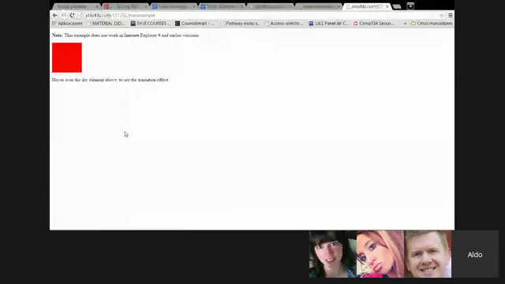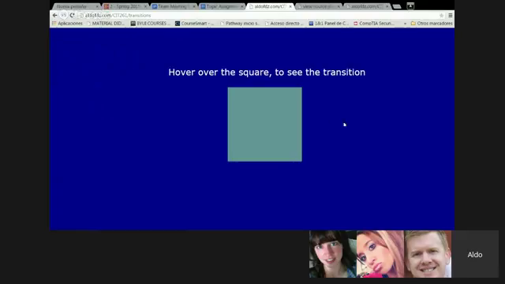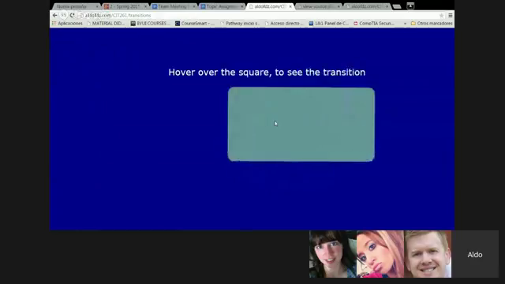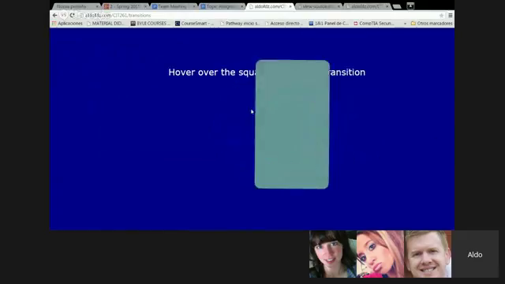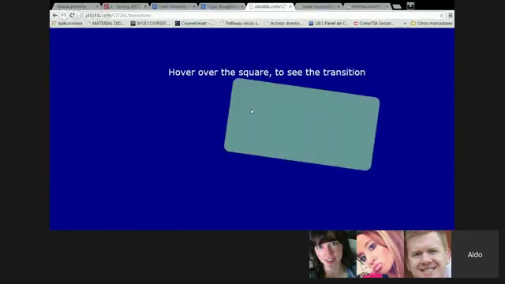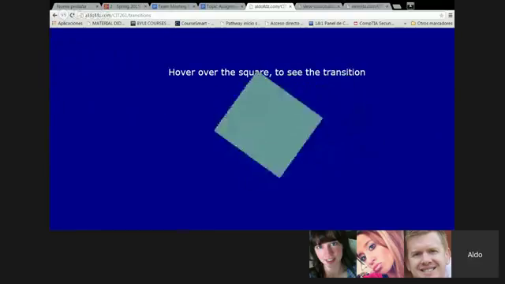Yep. Okay. I got this example from, I'm not sure, W3Schools, something like that. You hover the square, the div element, and you just see the transition. What I did was play with the code, doing it like this, just to spin it and make it bigger at the same time. It doesn't come back to the original position, to show that it has moved. And if you would like to see the code,